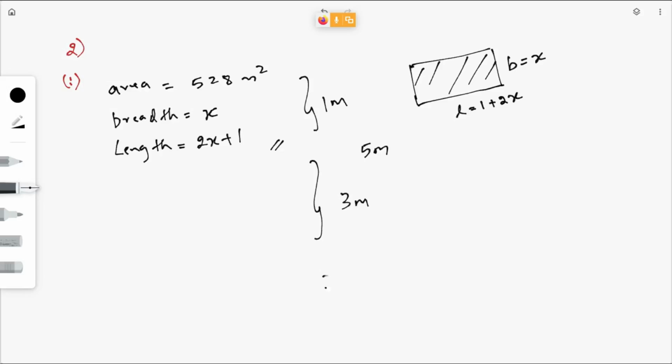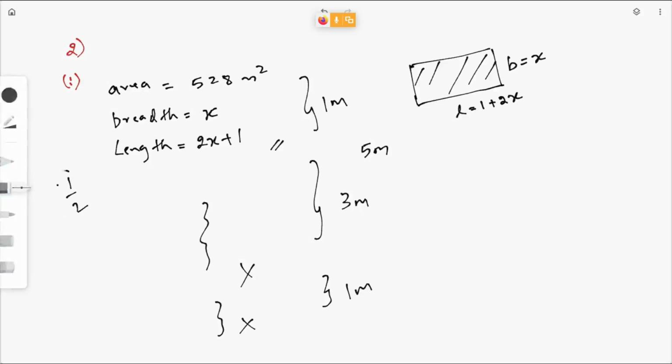Okay, and then final answer 1 mark. 3 plus 1 plus 1, total 5 marks, right? So if you make any silly mistakes here, this whole thing will be wrong. You don't get any marks for this, because your quadratic equation itself is wrong. If your quadratic equation itself is wrong, then the answer is again wrong. So you will get just half marks for this, because you took the given data also wrong.